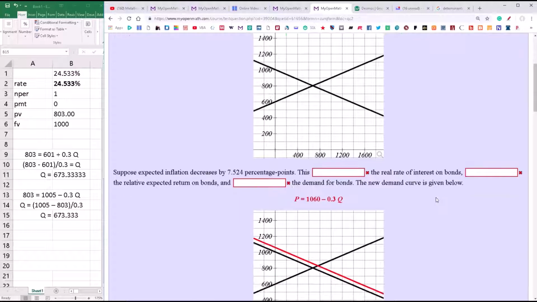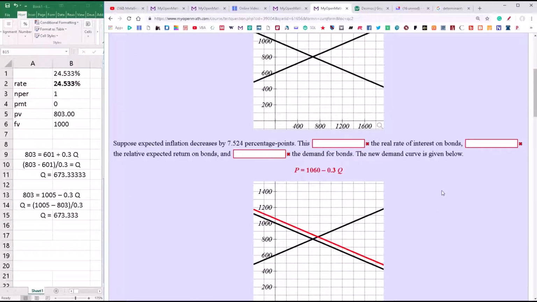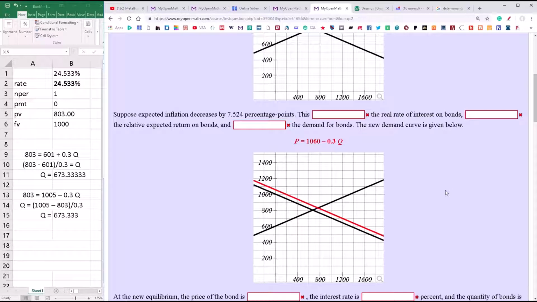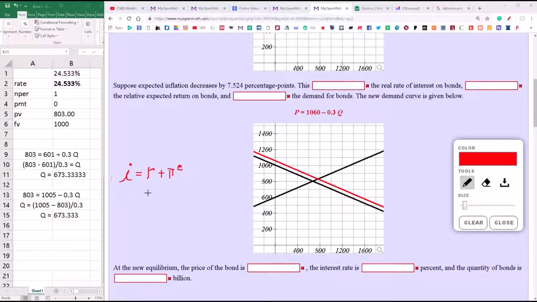So let's move on. Suppose expected inflation decreases by 7.524 percentage points. Okay, what's going to happen? Okay, so I wrote out the Fisher equation, and when we're analyzing bond shifts, what we want to do is hold the price constant. Okay, so we're moving from left to right. We're holding the price constant. So if we're holding the price constant to figure out what happens to demand,